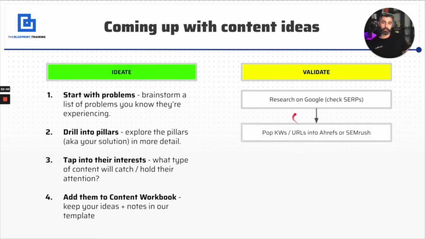The way to do that is I'll take the top URL that's ranking and pop it into Ahrefs or SEMrush to see what type of keywords it's ranking for, what type of volume it's generating. Again, we're not just here to rank things in SEO, but at the end of the day, if we can get our content to rank in search because it's a topic people are searching for, that's a huge extra bonus.